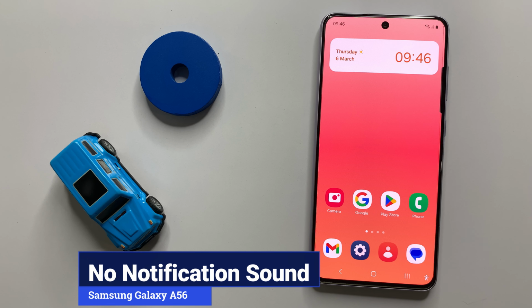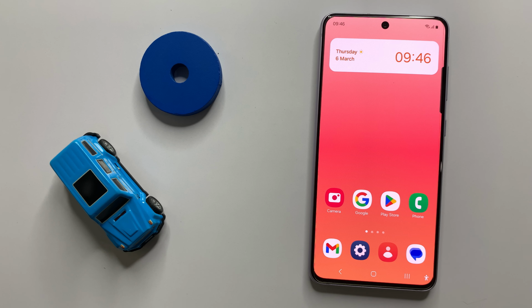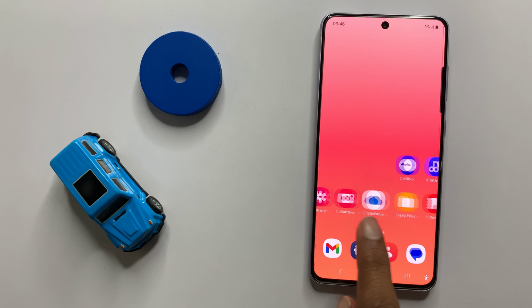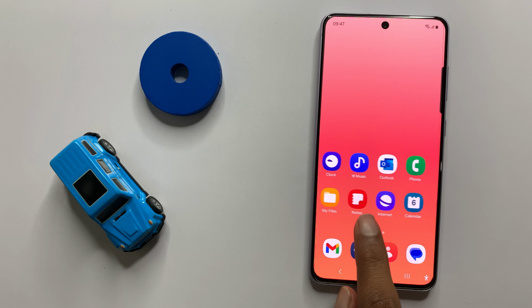How to fix Samsung Galaxy A36 no notification sound. So let's start the video. First of all,